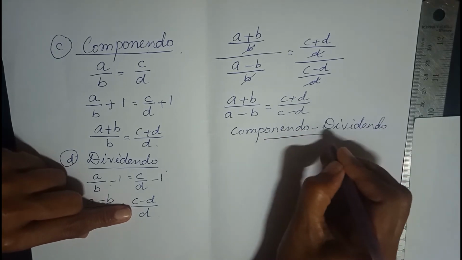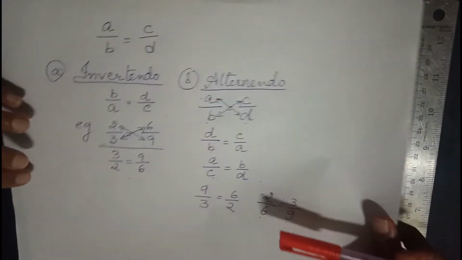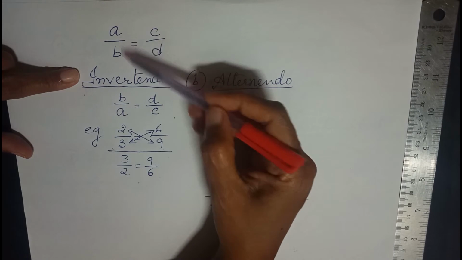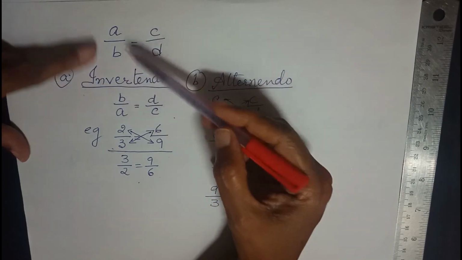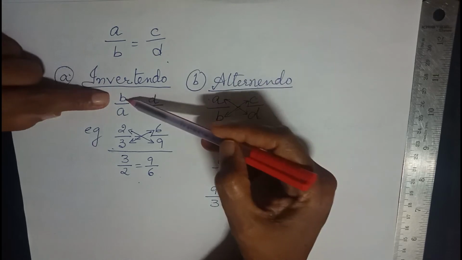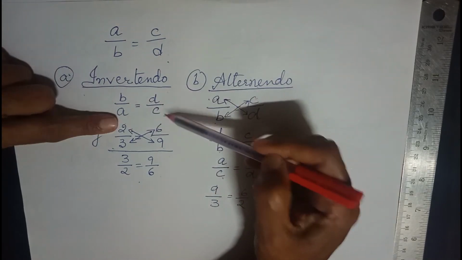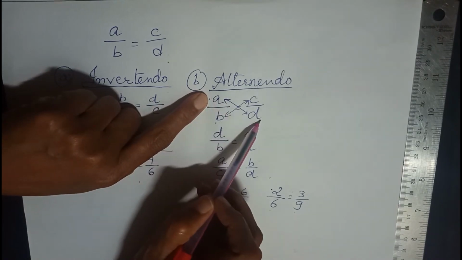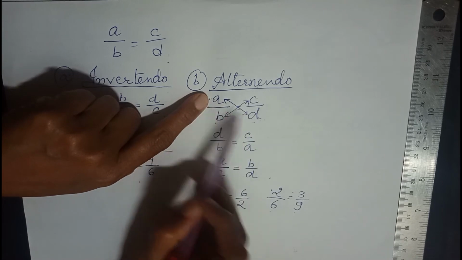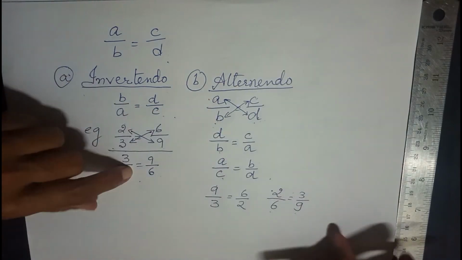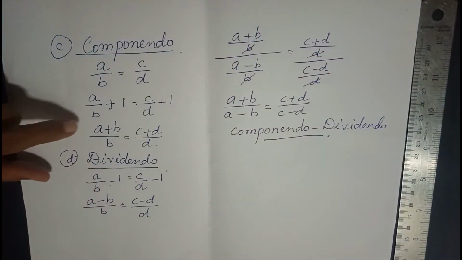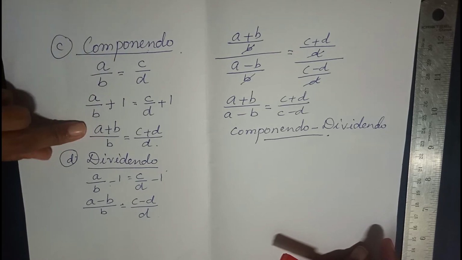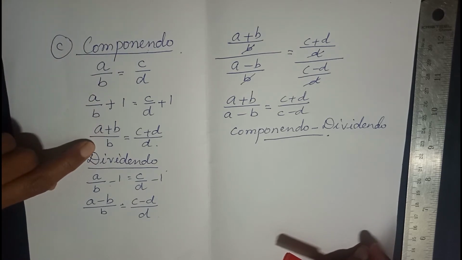So these are the four operations that can be done on equal ratios. Let's quickly revise. The first one was invertendo. As the name suggests, invert it. That is, make a reciprocal on both the sides. If A upon B is equal to C upon D, then B upon A will be equal to D upon C. Second was alternando. That is, you exchange the places of one numerator with the denominator of the second ratio. Either you can do it this way or you can do it this way. That is called alternando. Next is componendo. That is when you add 1. Or in other words, we just add the denominator to the numerator, keeping the denominator as it is.